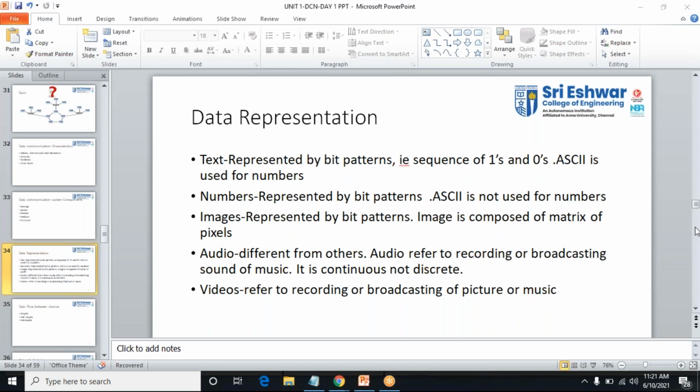Rohit, can you say what you mean by continuous signal? I think Rohit is not answering.